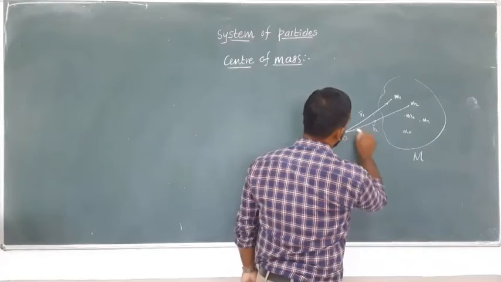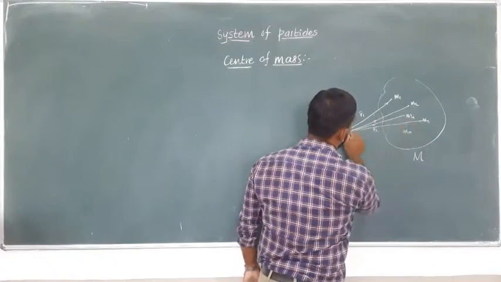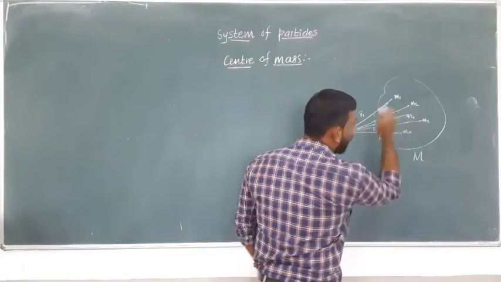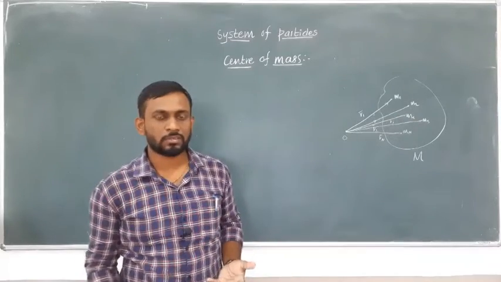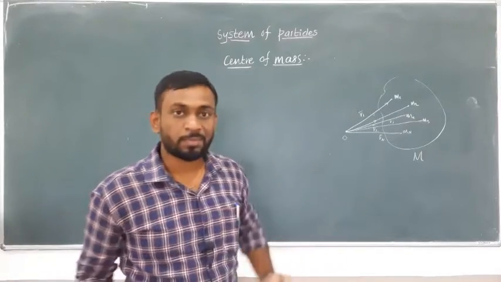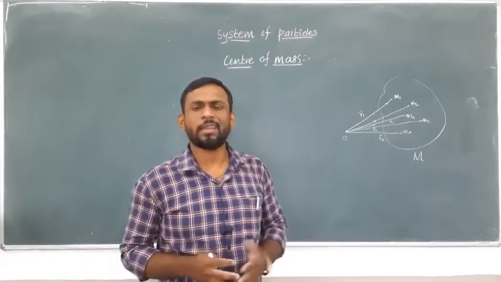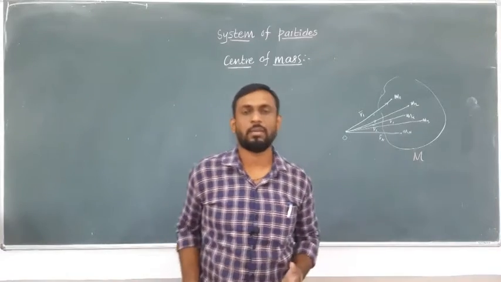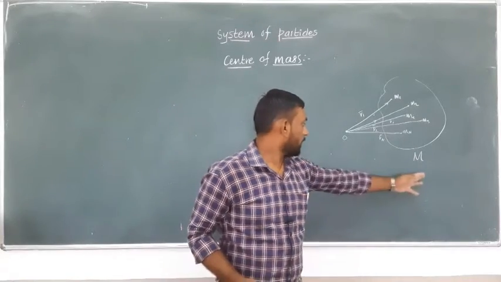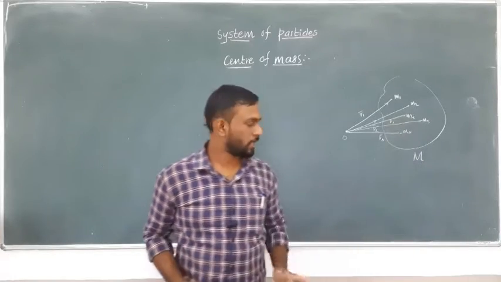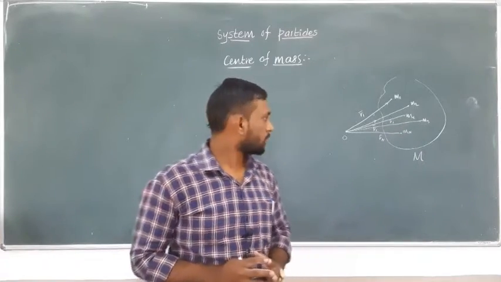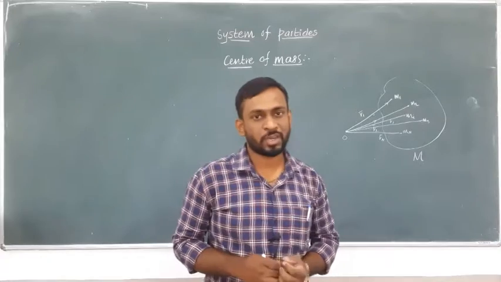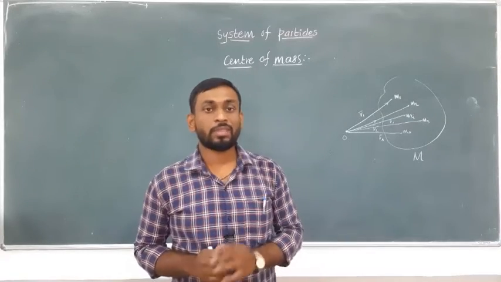Similarly for r3, ri, or rn. So what is ri basically? i can be any number. It may be the mass of the fifth particle, the sixth particle, the seventh particle, or many more. So you can represent i by any number, and n represents the last particle, and the sum of all those particles makes the total body whose mass is m. So r1, r2, r3, r4, ri, rn are the position vectors of the particles m1, m2 and so on with respect to origin